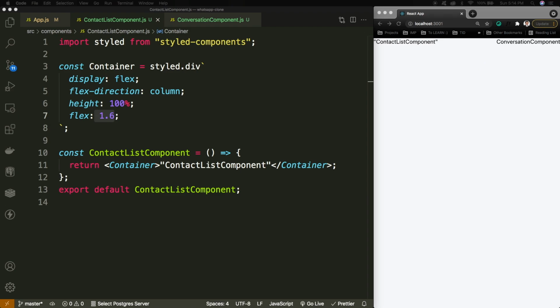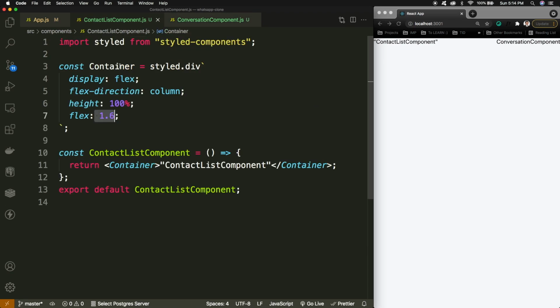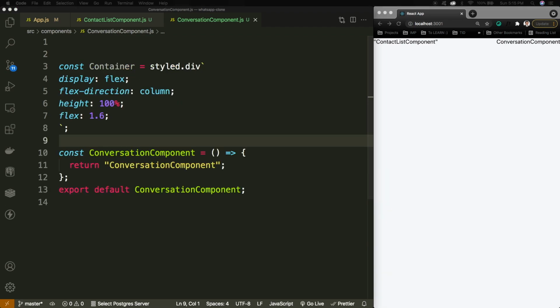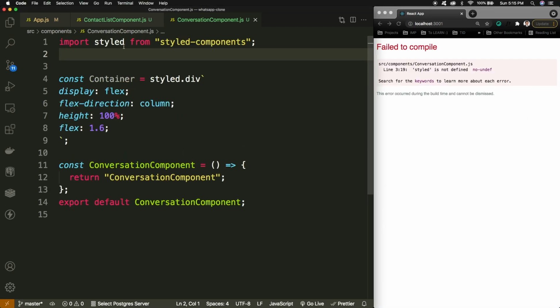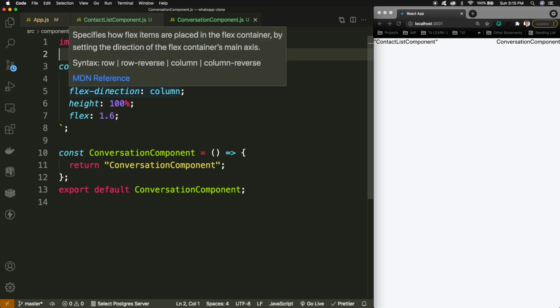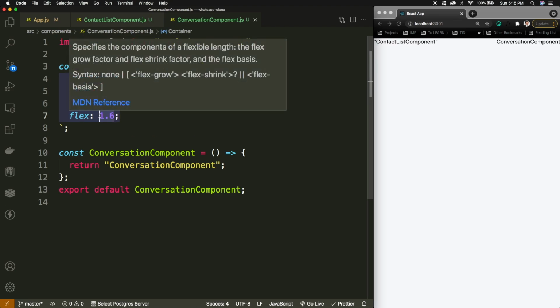And similarly I can create the container for the conversation component, and I just copied the container of this into this part. And again we need to import the styled component. Now here we are having display flex, the flex direction is column, height is 100%, and for this I can define the flex as 3.